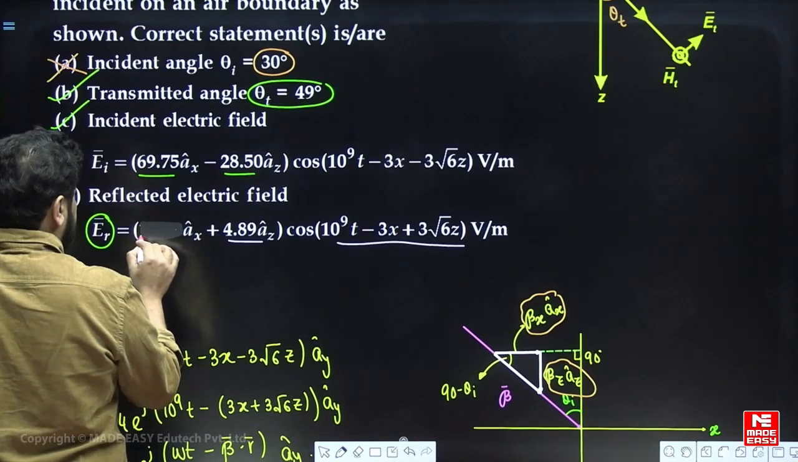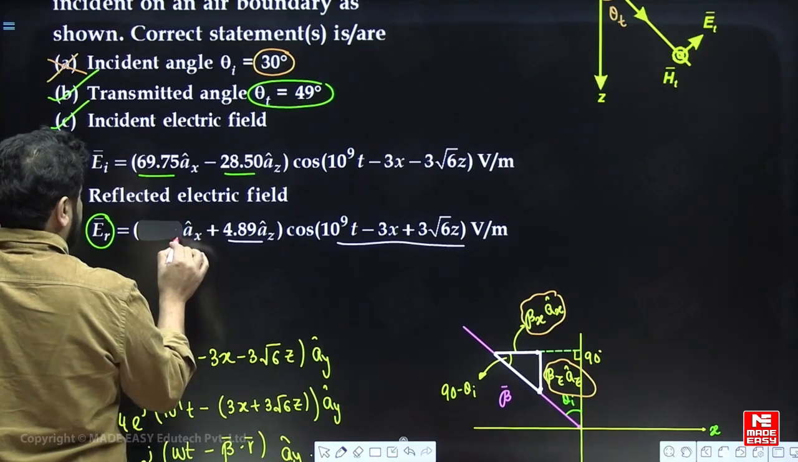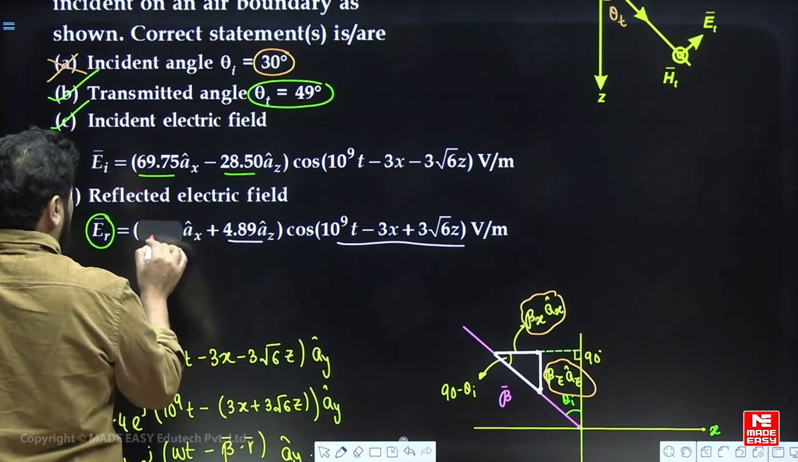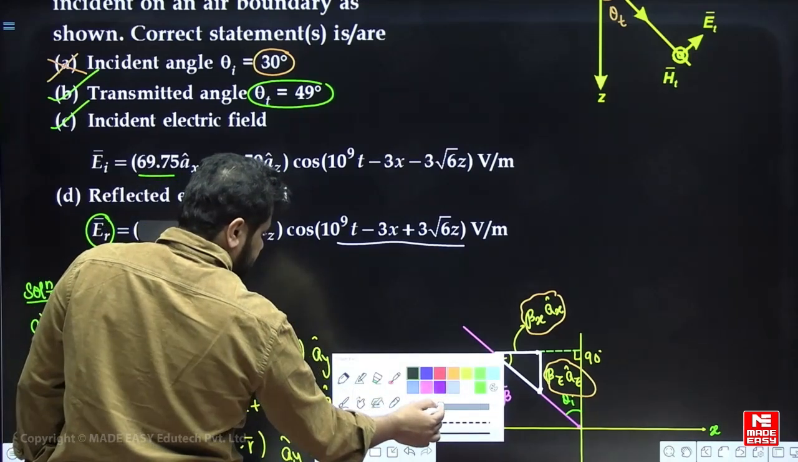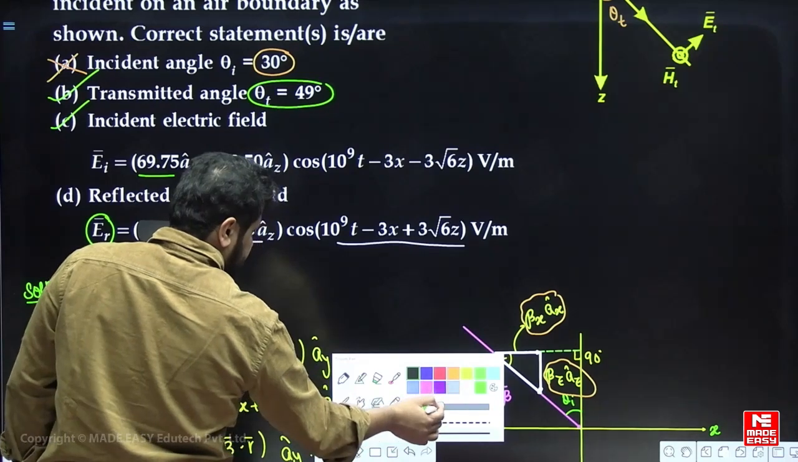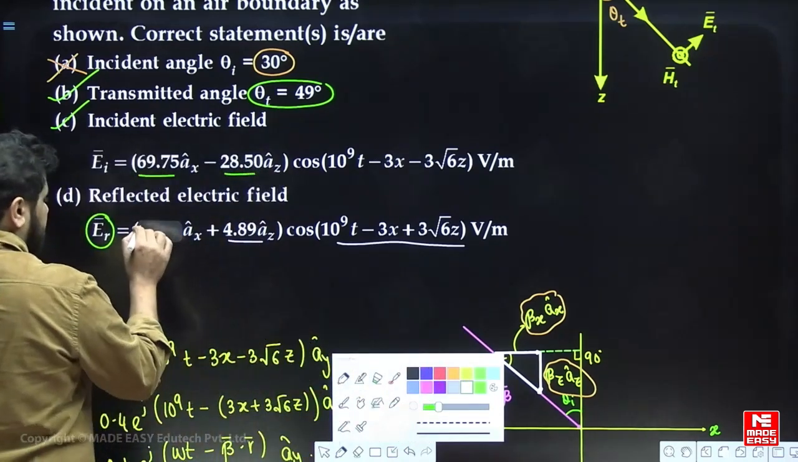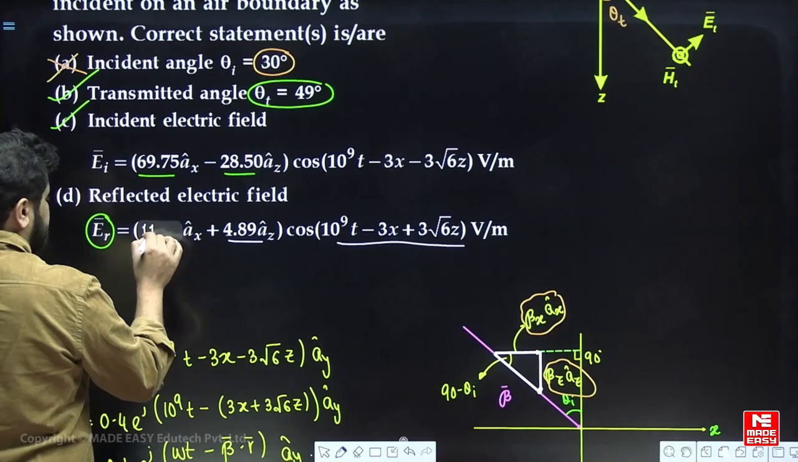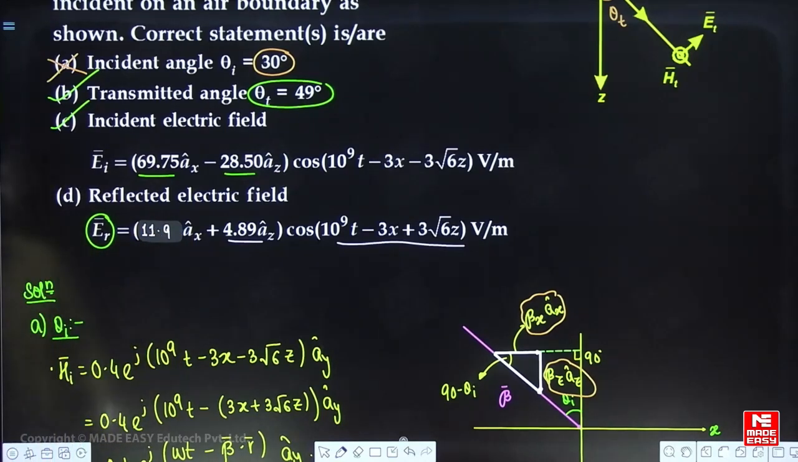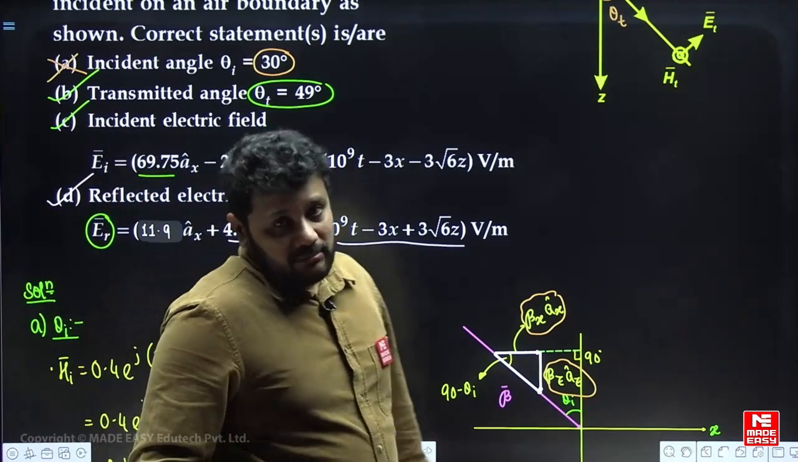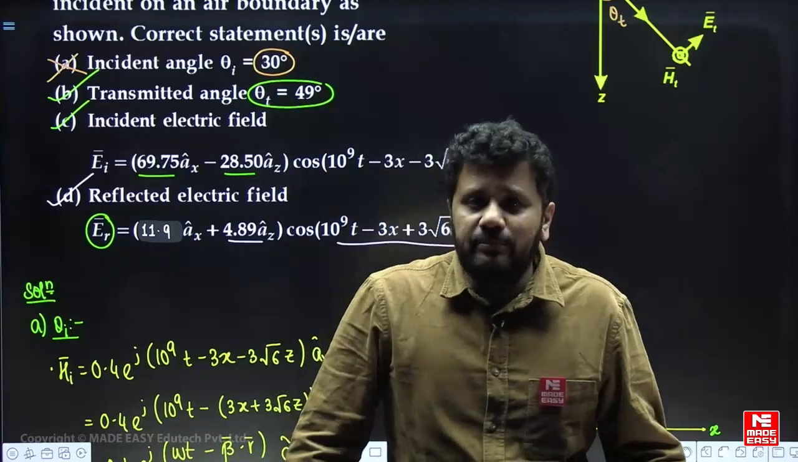Right, because in the GATE exam there cannot be any conflict in the options. So better, let us write 11.9. Let us write the option as 11.9, right. So hence option D will also be correct, because in the exam if I am getting 11.9, in the